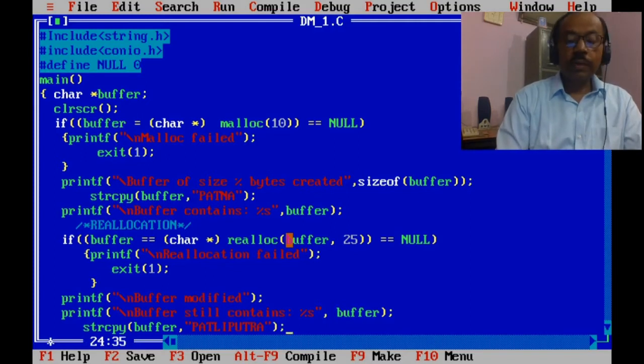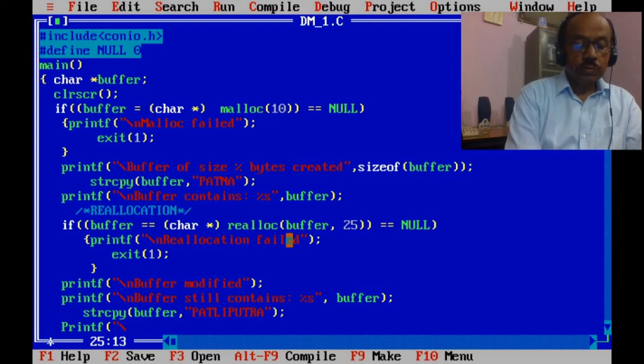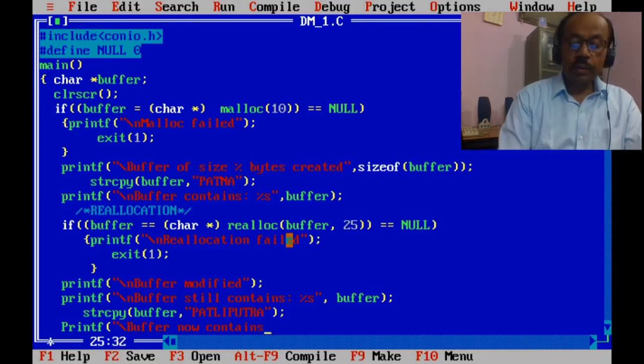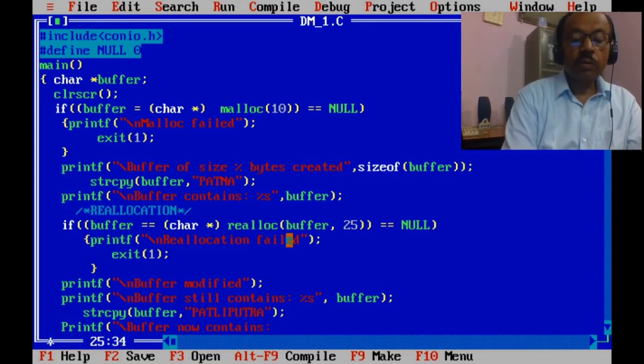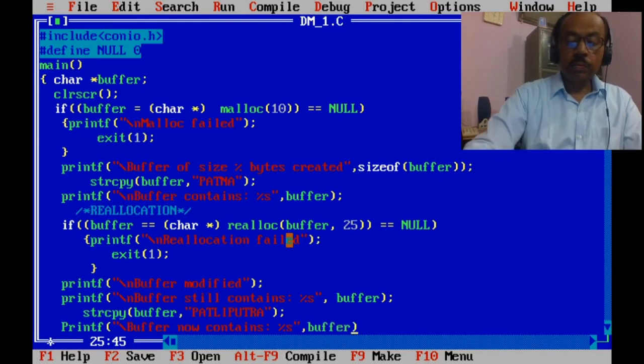So we have changed the name, and now we would like to see printf, buffer now contains buffer.